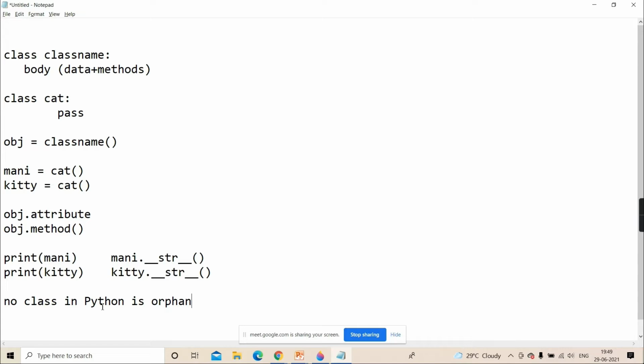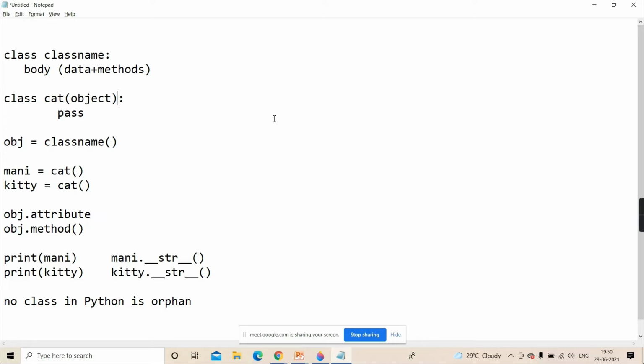It means each and every class in Python will have a parent. If you have given a parent, then obviously it has one. But if you have not given a parent, it will still have a parent. Now I'll say who that parent is. That parent is the object class. It's called the cosmic class. Getting it? The O is small, whereas in Java the O is capital.